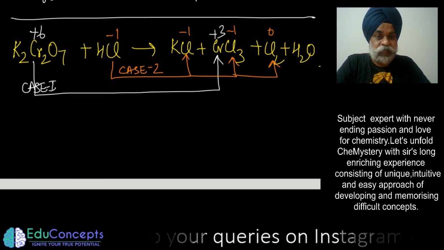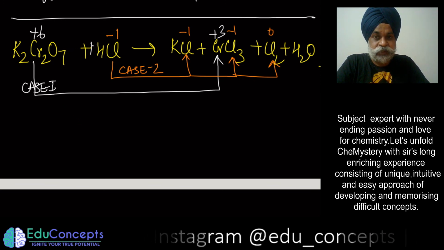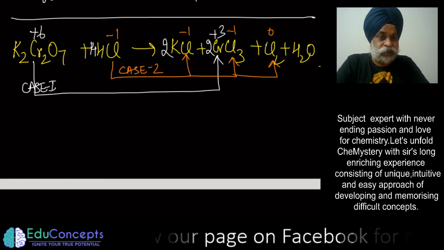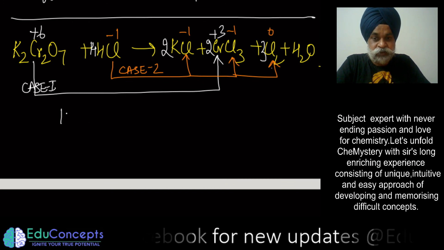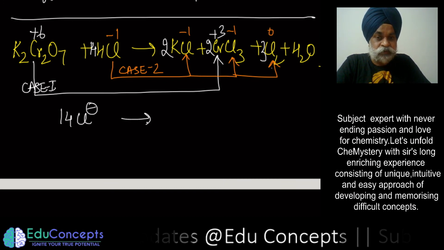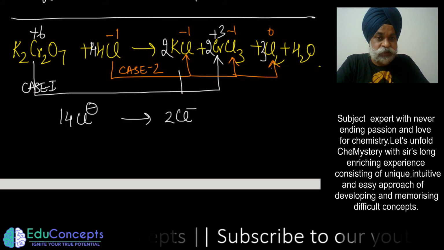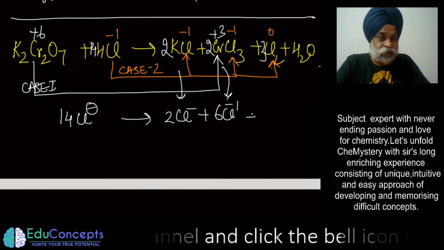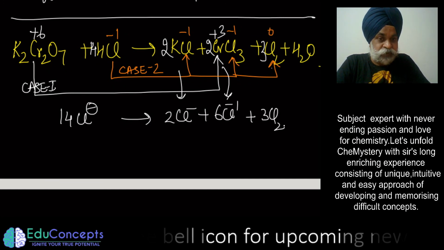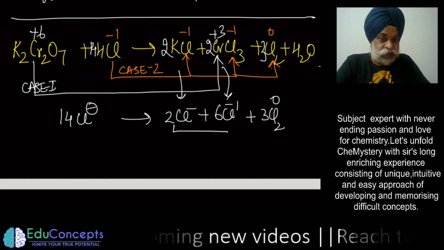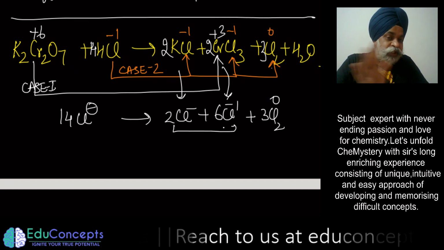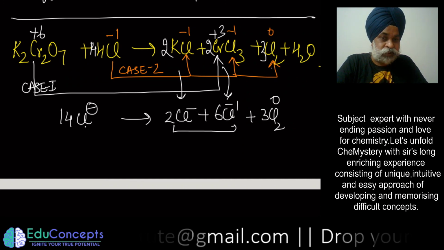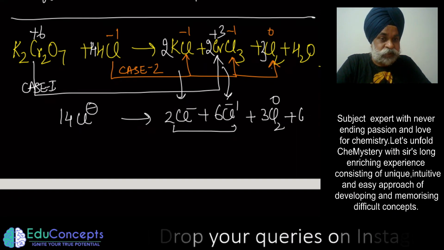So now to do the balancing, I just want to sum up the things. You would put 14 here, so you get 2, this also 2, this would be 3. So what we are saying, you have 14 Cl negative which are going to 2 Cl negative of KCl plus 6 Cl negative of CrCl3, and there are 6 Cl which are in zero oxidation state. So in these two, 8 Cl negative haven't changed their oxidation state. Only the 6 Cl negative has undergone change in oxidation state. Now to balance it out, it would be 6 electrons here.